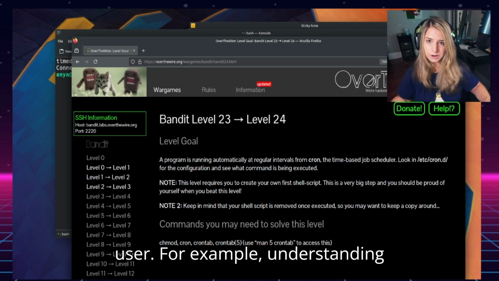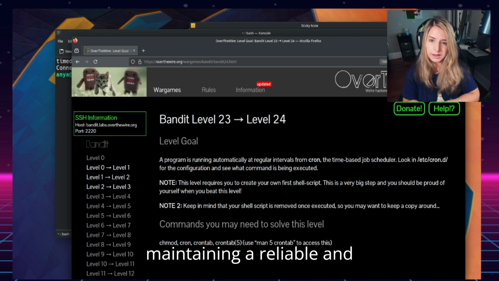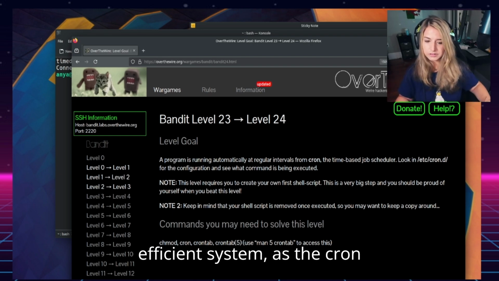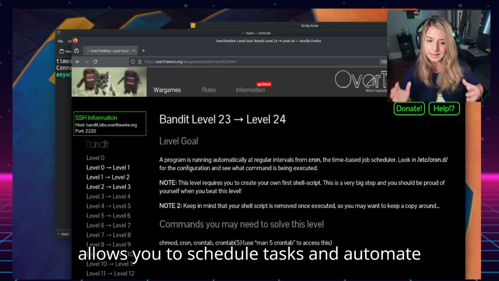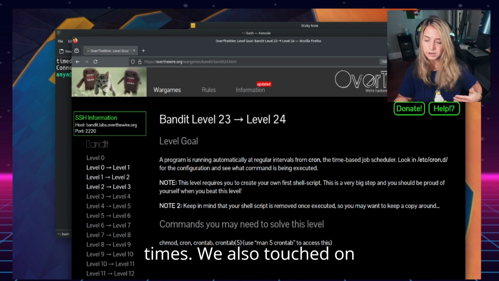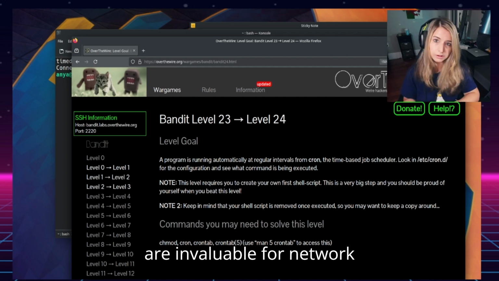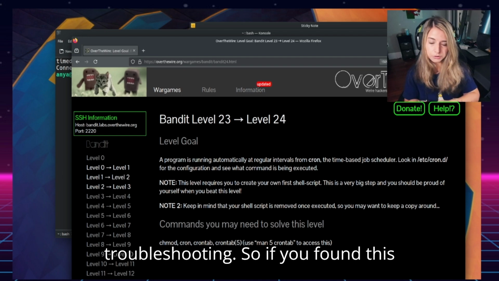For example, understanding cron jobs is crucial for maintaining a reliable and efficient system, as cron allows you to schedule tasks and automate scripts to run at specific times. We also touched on tools such as netcat and nmap, which are invaluable for network troubleshooting.